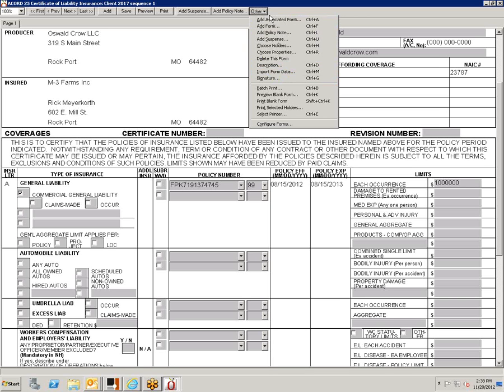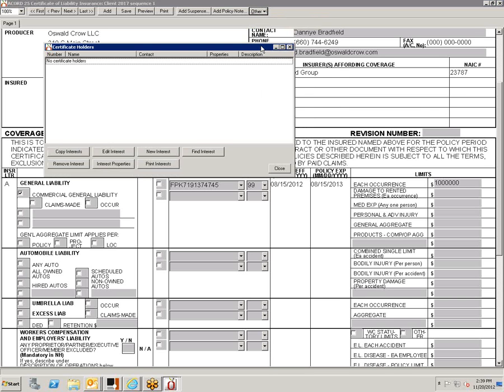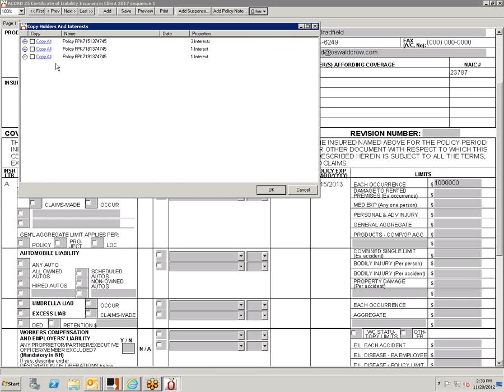Okay, so now we go back to this other menu, and this is where you're going to add your holders. This is the list of holders. What it does is it's accessing your master list that was converted. So if you had a certificate or something on this client prior to this, and you had 3 interests right here, you can copy the interest.